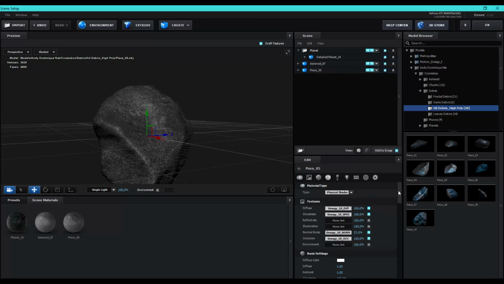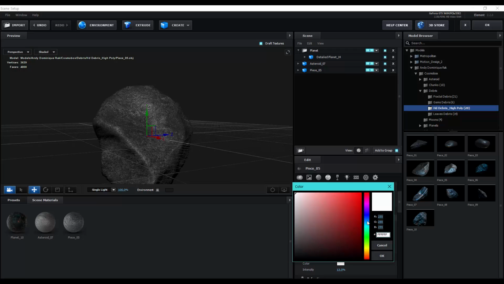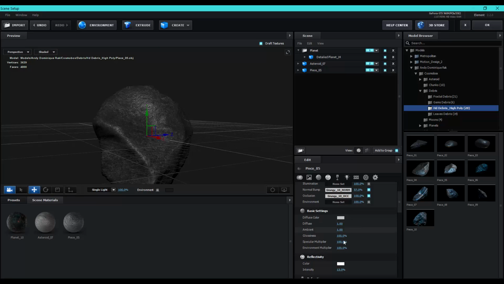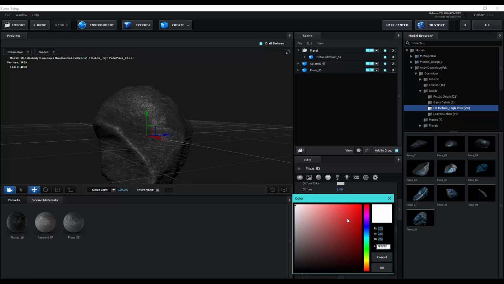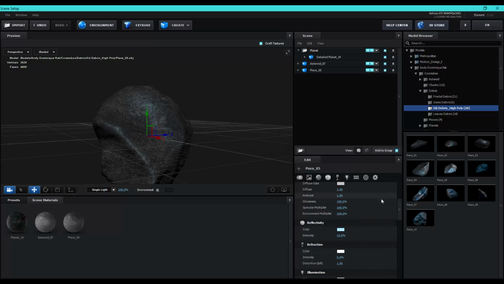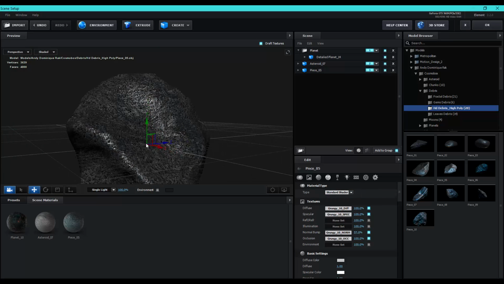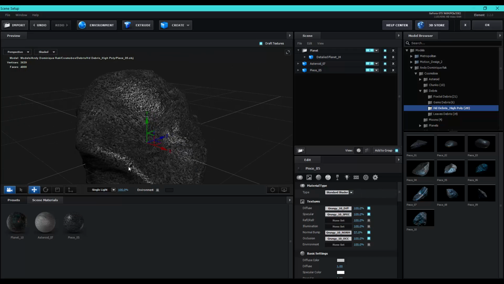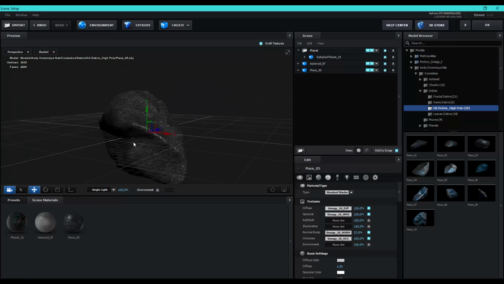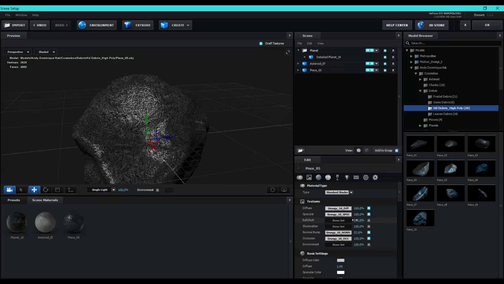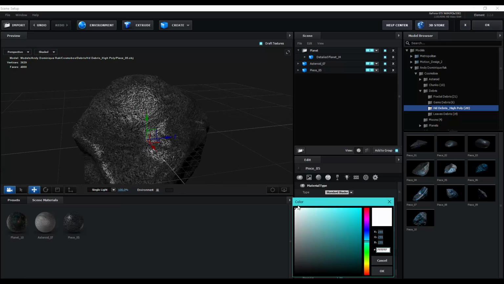and let's change the material color a little bit, so make it off white, and change the reflective color to maybe a little bit blue, and also let's change the material type to standard so we can see more specular details, and let's change the color.